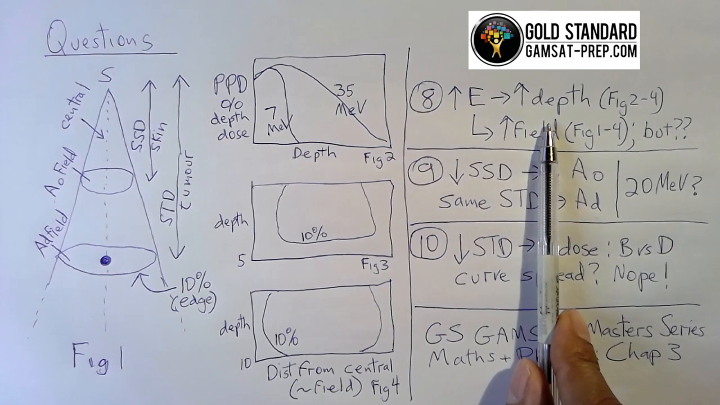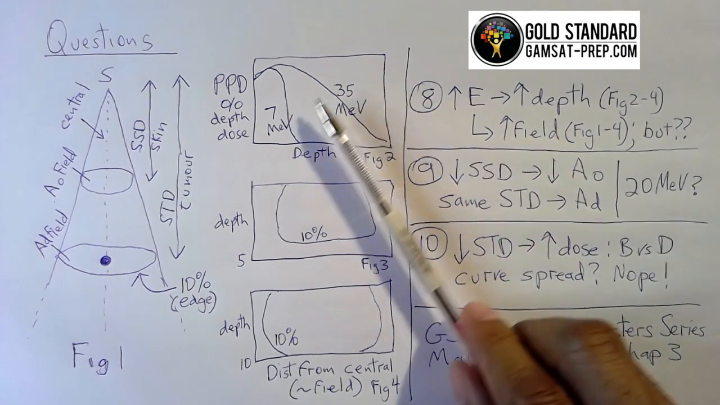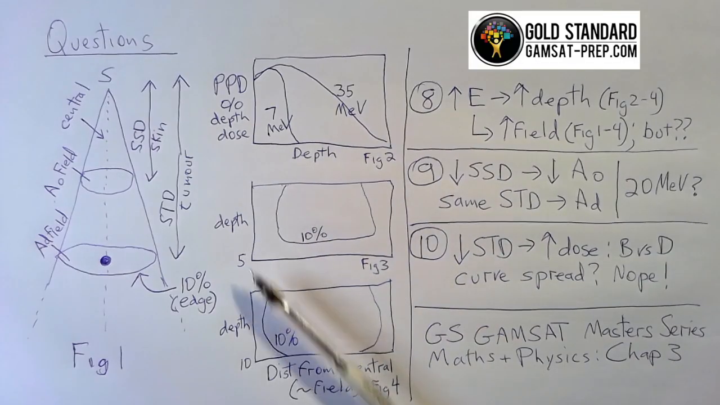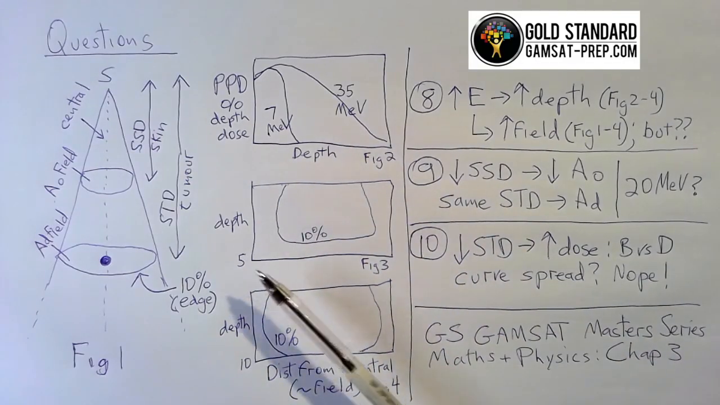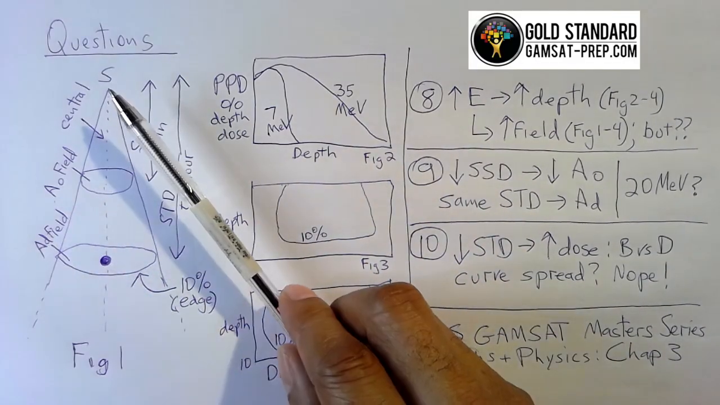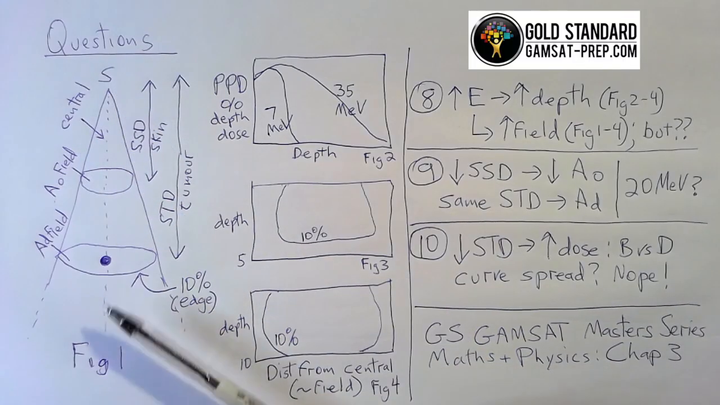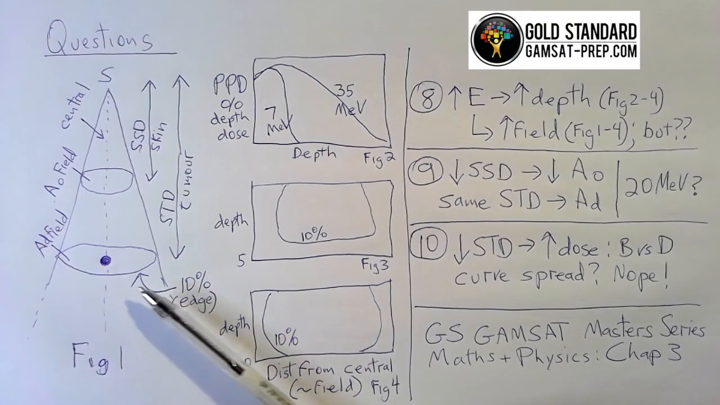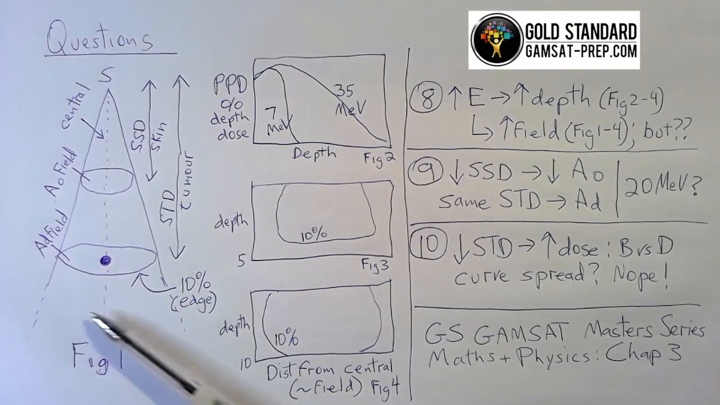Now, what about the field? We have already established that the depth is increasing. And the consequence of that is the distance between the source and the new depth is increasing. And we can see the cone widens as you go further and further, which necessarily means that the field